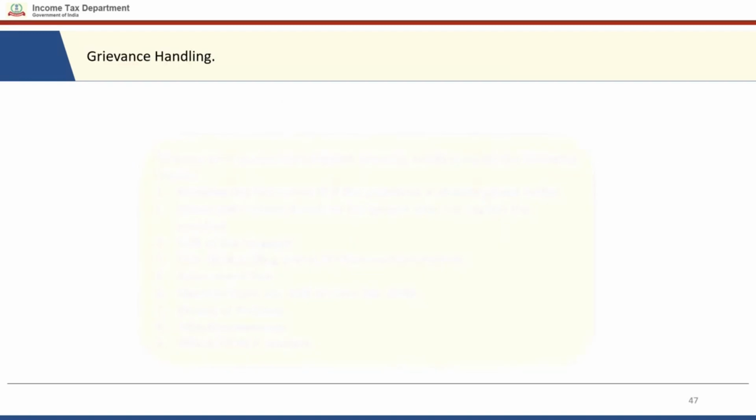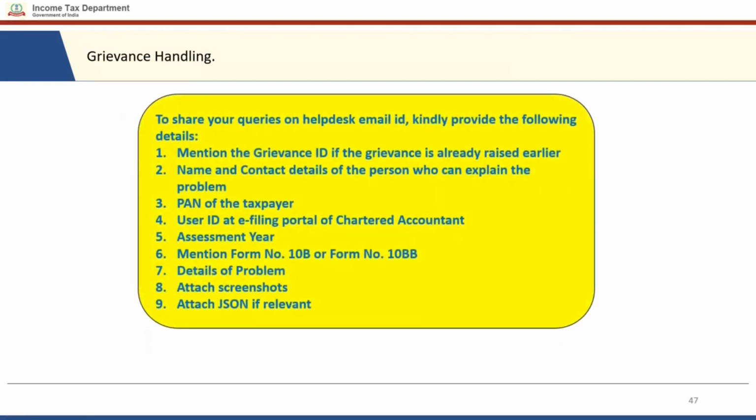In case you still have any grievances on form filing, you can please send it to us on email address efilingwebmanager@incometax.gov.in, and kindly ensure to provide the details as mentioned on the screen. Filing of Form 10B is very easy. To know more, you may visit